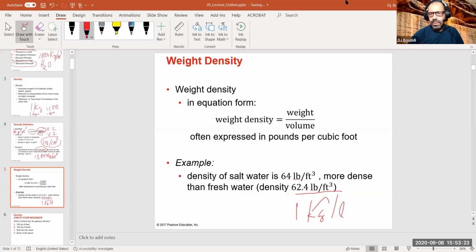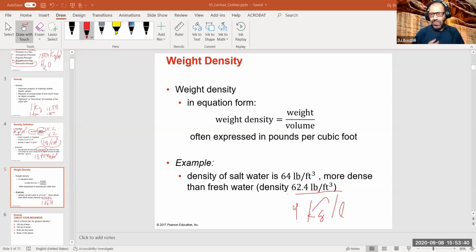Unless somebody is willing to bet otherwise. Which one is easier? Okay, I'm glad that people agree. It's easier to remember that than 62.4 pounds per cubic foot. I mean, it sounds foreign to you guys, but for me, the pound and the foot took a long time to adjust to, and I still struggle with them, honestly.